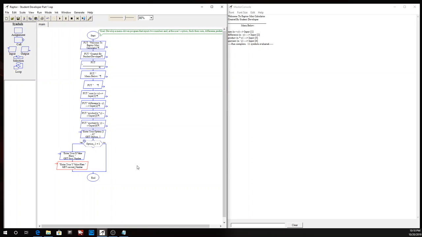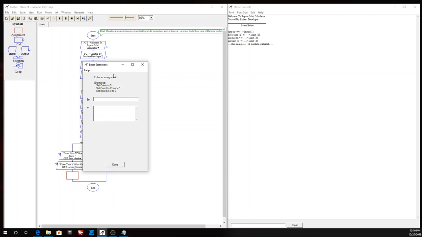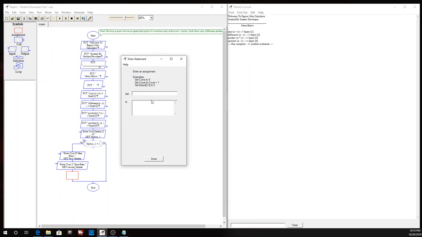So now we're going to add an assignment. An assignment is pretty much where we're creating an expression for both of these, which is the X plus Y. So let's see here. Set option 1. Option 1. Let's see. Give me a quick second. I'm making sure